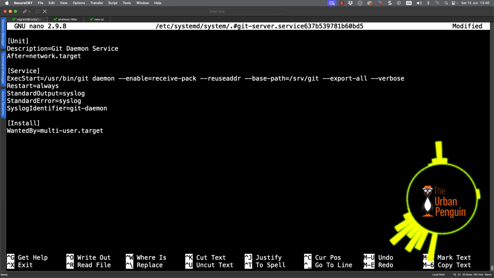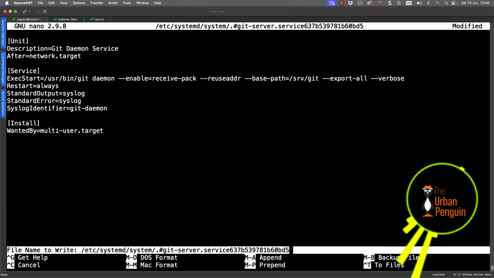This is what we want to enable if we are in a collaborative internal network. The --reuseaddr is if it needs to restart. It doesn't need to worry about closing connections. The base path is pointing through to the home directory, and you can see we've got the --export-all. The idea of that is so we don't need to worry about exporting each of our repositories out.